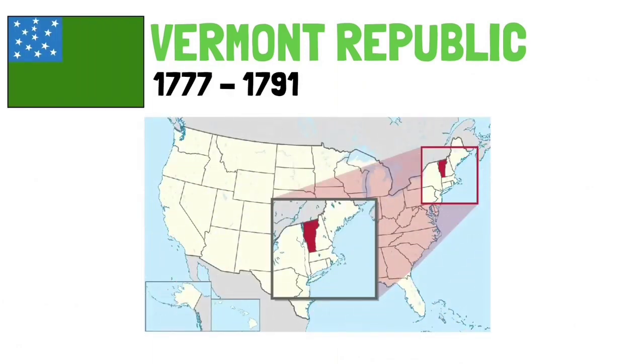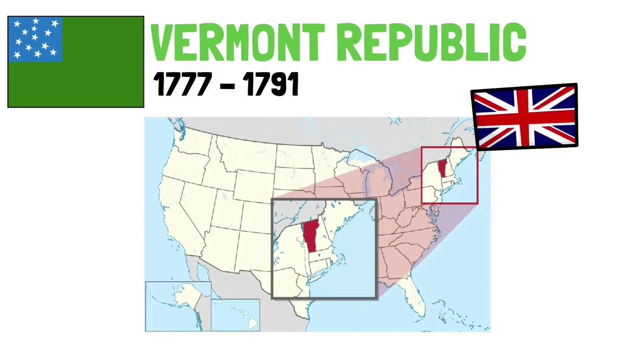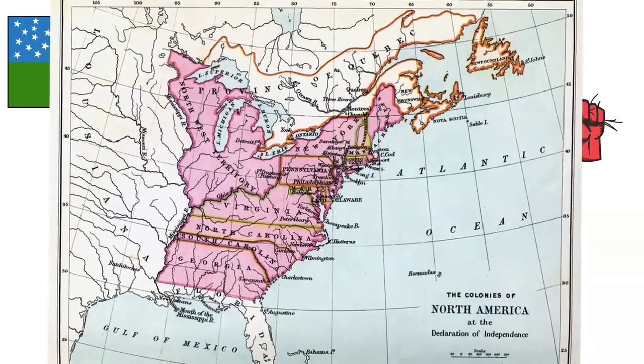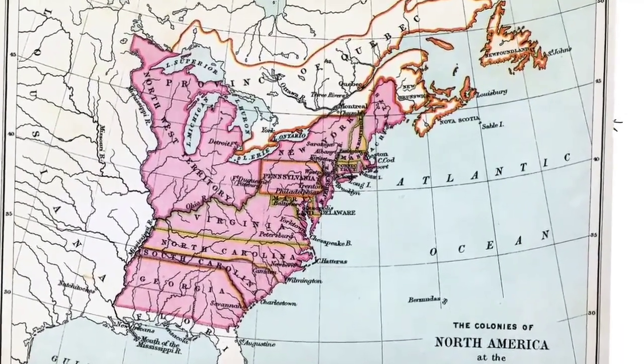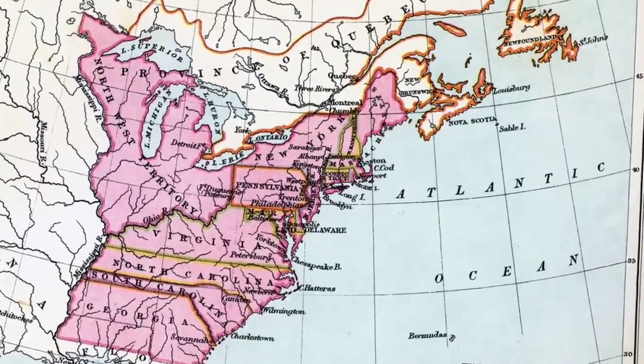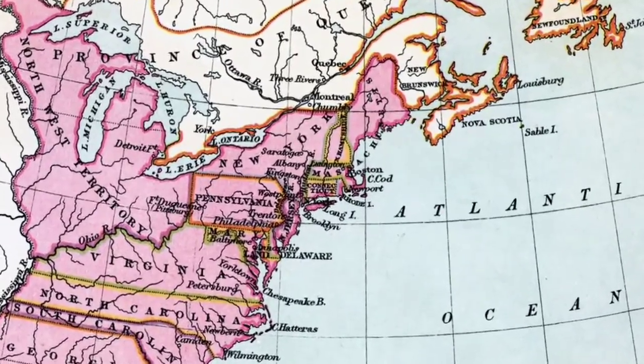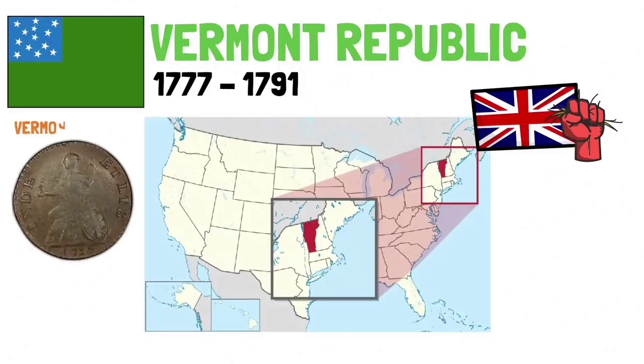First, the Vermont Republic, which existed between 1777 and 1791. The state was founded when delegates from 28 towns met and declared independence from the jurisdictions and land claims of the British colonies of Quebec, New Hampshire, and New York, due to the dissatisfaction regarding the way they were ruled by the British. It was never recognized by any other nation, but they even had their own currency, the Vermont